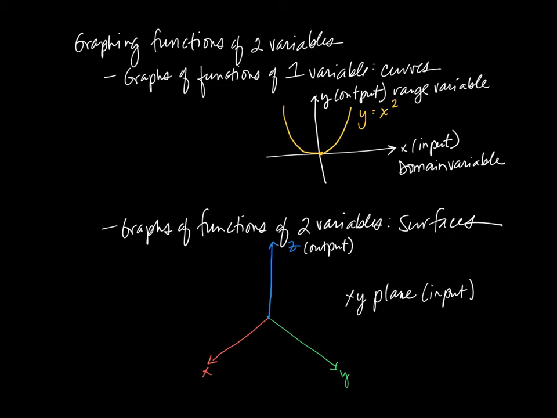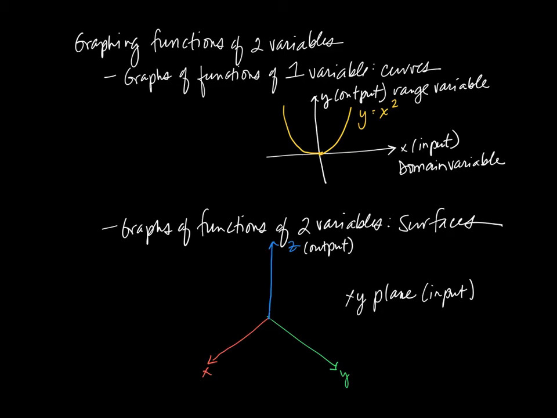So how does it work when you have, for example, a function of two variables? Well, it turns out the input variable then is an entire plane, right? It's not just represented on an axis, it's represented by the xy plane. Okay, so if you kind of imagine the floor in your room is sort of that xy plane, and then the corner is sort of the z-axis. It goes up, so it's in 3 dimensions. Graphs of functions of two variables are surfaces. It's a 3-dimensional graph, not just a 2-dimensional graph.